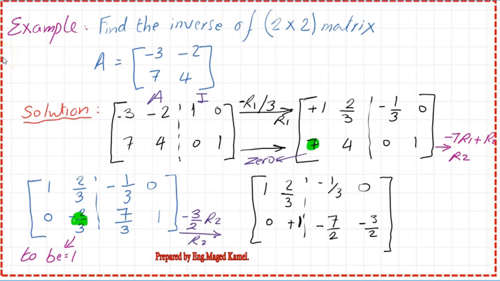Okay, this is a practice problem. Find the inverse of a 2 by 2 matrix. Our matrix is A. The elements are minus 3, minus 2, 7, and 4. We will use the augmented matrix, which is A augmented with I. So we are going to write the content of matrix A on the left-hand side of this dotted line. We have minus 3, minus 2, 7, and 4 here. And the identity matrix for the 2 by 2 will have a diagonal of 1, and the 2 other elements are zeros.